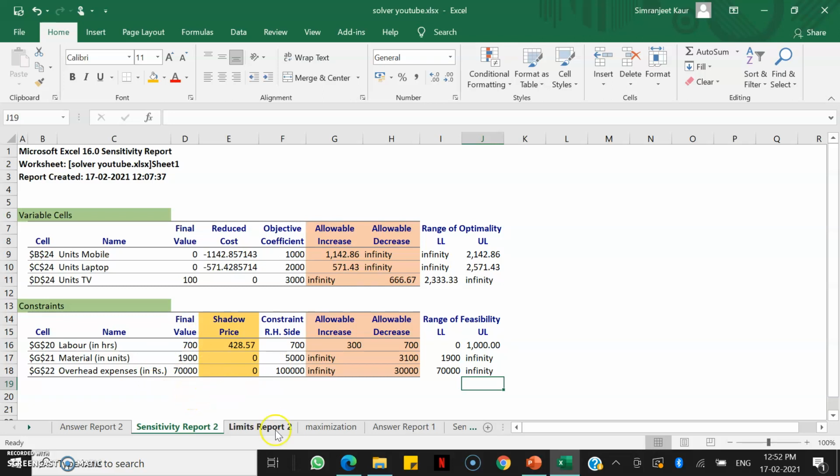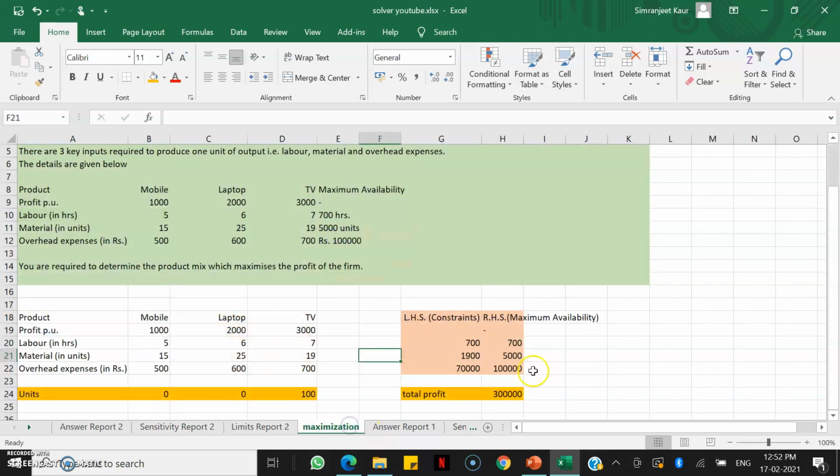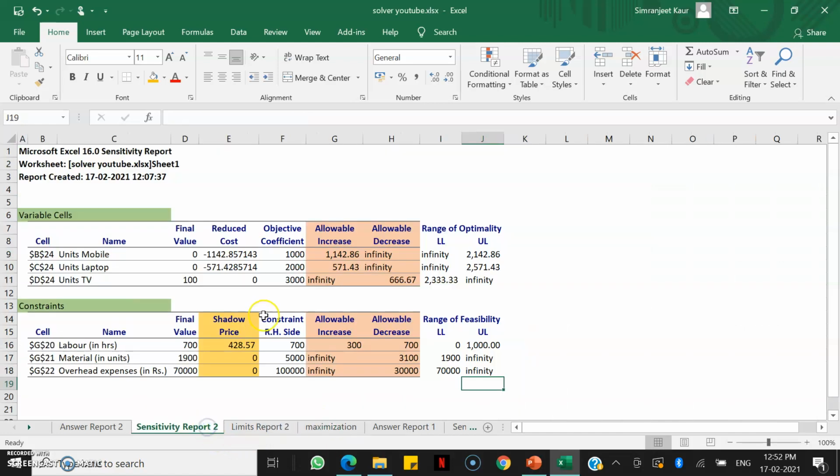Another thing that you have to understand here is the shadow price. Shadow price says that if I increase 1 unit of labor here, it will lead to an increase of 428 units in my final value. So the profit that I have here, 3 lakh, will see a jump of 428.